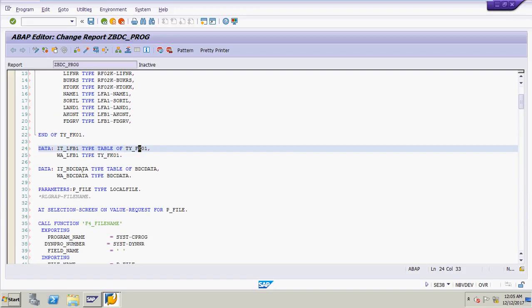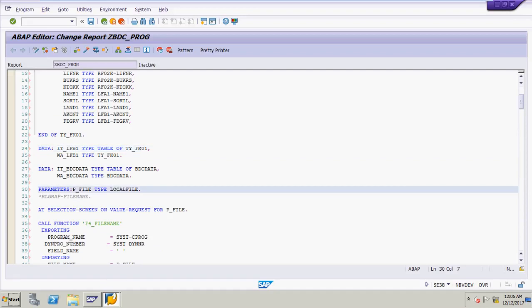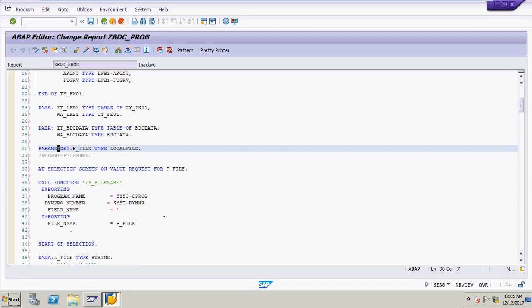Now internal table BDC data I have mentioned here. Now give the parameter name. P file is the local file type local file, and at selection screen on value request, which will find the value.